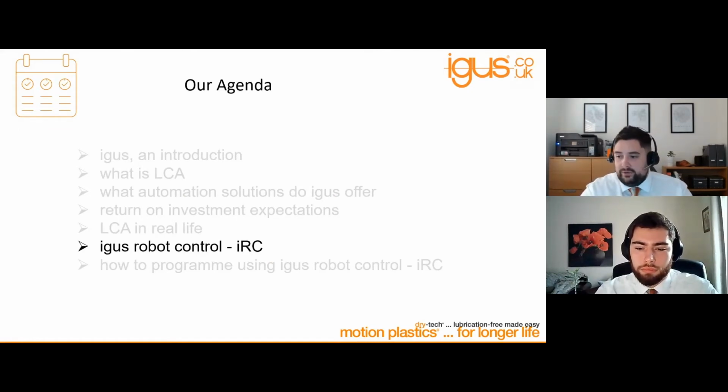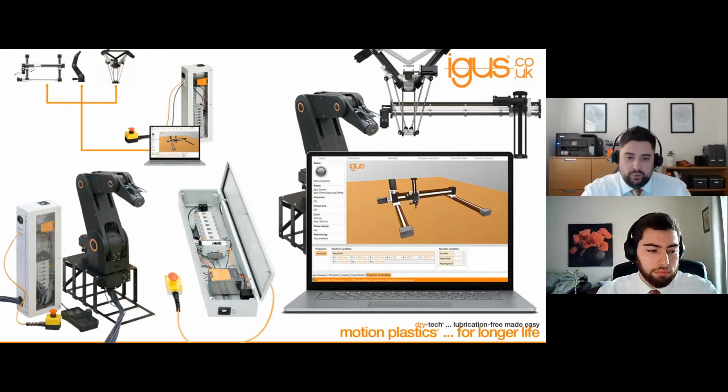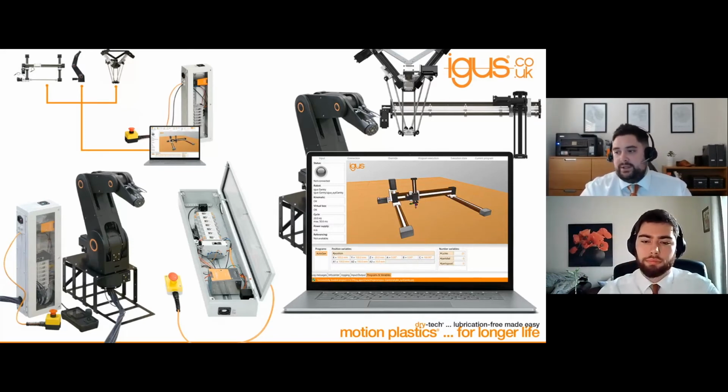So I'll just do a very brief intro into Igus Robot Control, and then I'll hand over to Angelos, who will go into the demonstration. So this is a new development for Igus this year. We've had the 3 different styles of robot for some time now, some years, and until this year we didn't have what we have now, which is the Igus Robot Control, which is a software, hardware package essentially. And the main key point is that actually the software is completely free.